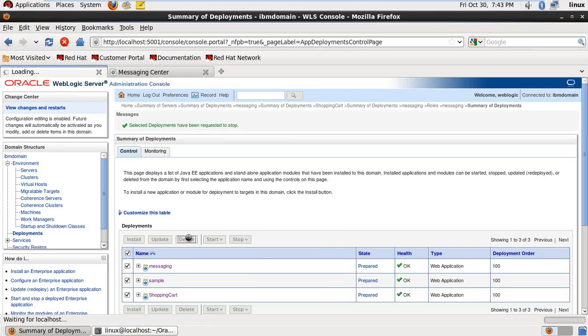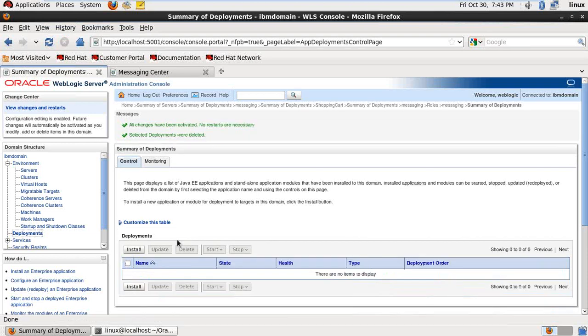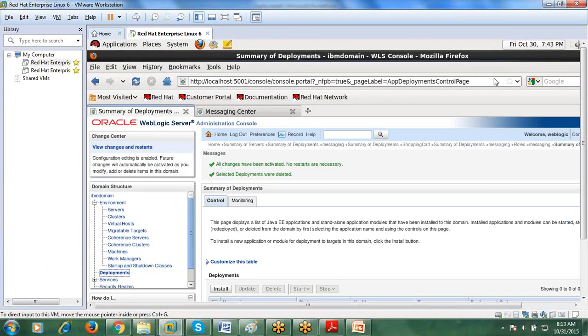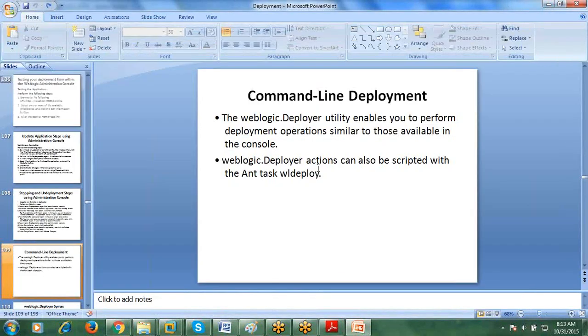But with start and stop, the WebLogic application is there and deployed, running, but the client cannot access it. So we have successfully done all the deployment operations using the admin console. And in real time,